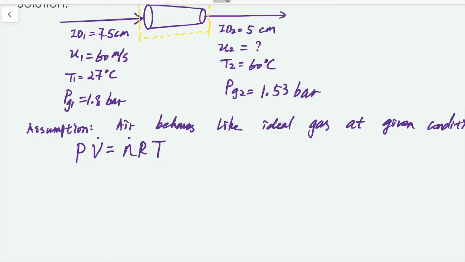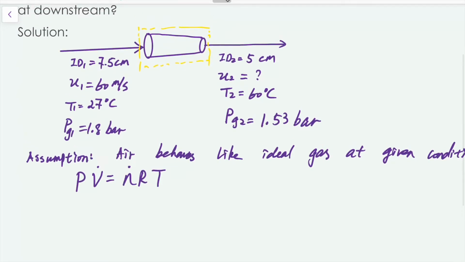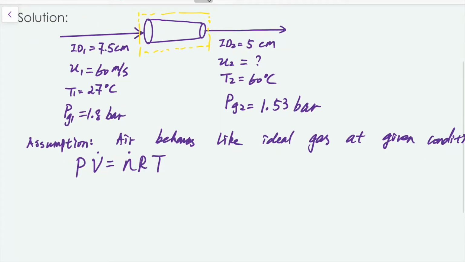Next, we're gonna convert every term in this equation to absolute value. Well, given the pressure is gauge pressure, then we have to convert that to absolute pressure. P1 absolute, we know absolute pressure is equal to gauge pressure plus atmospheric pressure, and atmospheric pressure is 1.0132 bar, but let's use 1.01 bar. Then we get